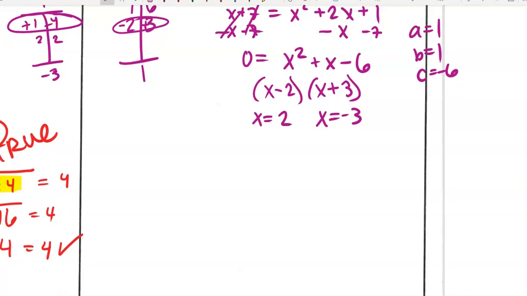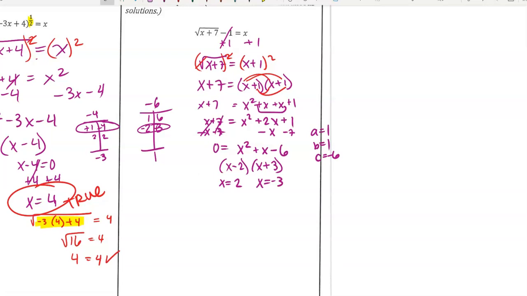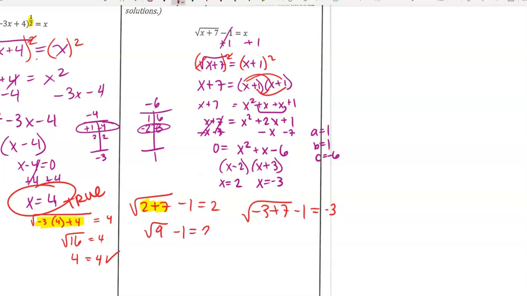Now we can take those numbers and plug them into our original equation to check. All right, original equation 2. So the square root of 2 plus 7 minus 1 equals 2. And the other one is -3 plus 7 minus 1 equals -3. All right, so starting from the inside, 2 plus 7 is 9. Square root of 9 is 3. Minus 1 is 2. Yeah, 2 equals 2. So 2 is our